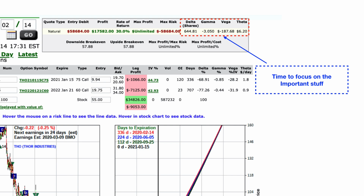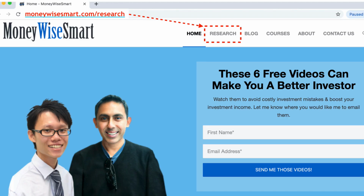And as I have mentioned earlier, I don't trade options. My options are completely aligned with my long-term investing. And if you are interested in learning more about how to adjust your option trades, how to get into option positions that are completely aligned with your long-term investing, and also how to use Greeks to decide what is the best option for you to choose, and calculating the yield of an option trade appropriately,